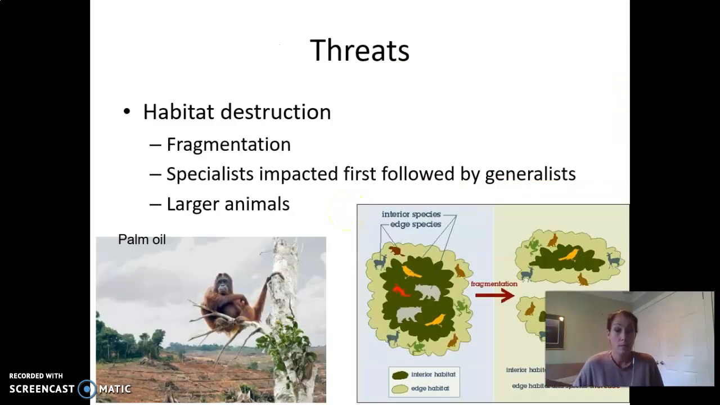So the first one is habitat loss. Now, habitat loss can be completely annihilating a habitat, like you can see in the picture on the left of that forest, that tropical rainforest that we're clearing to plant palm oil plantations. This is just one example of a reason for biodiversity loss. But palm oil is a product that's in a lot of materials now, and a lot of tropical rainforest has been completely deforested to make space for these palm plantations. And so one animal that is greatly impacted by that is the orangutan up there in the tree,